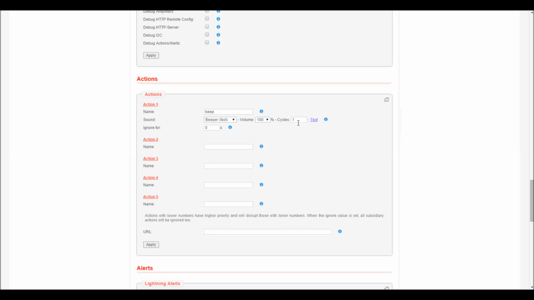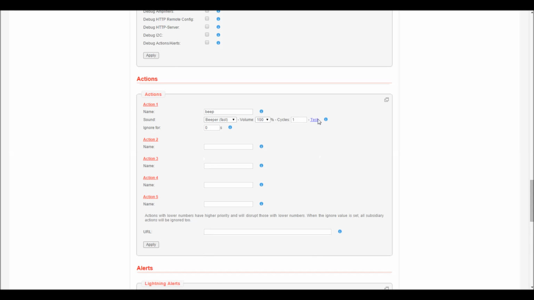So I'll get a single beep every time this is triggered, and I don't have any hysteresis to ignore a consecutive signal after a few seconds. So every event that triggers this action is going to beep, always. And I can test it, and you can't hear it here, but I can hear upstairs that it's beeping when I click it. So I got one action. These are in order of precedence, so the first action will get processed before the second, and second before third,